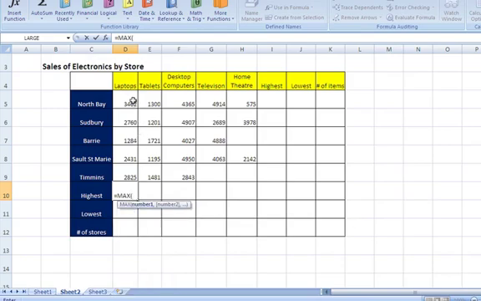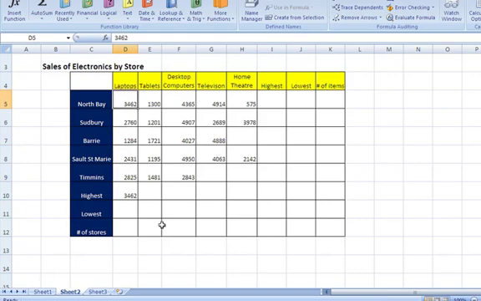we can again highlight these one at a time if we want. So we could put in comma, etc. Or the other way I can do this is I can just highlight the range, close the bracket, and press enter. And so from here we can see that of these values for number of laptops sold, North Bay had